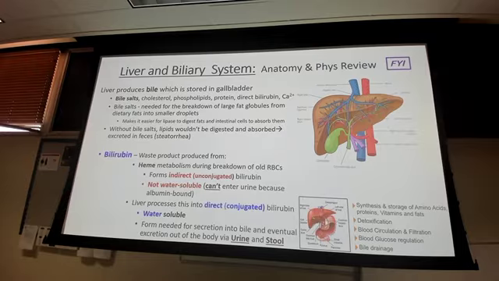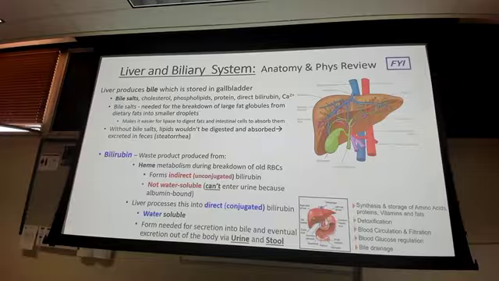Alright, so the liver. The liver is what's responsible for making the bile, right? Bile is what we need in order for us to absorb fat, essentially. In the bile, you have a lot of things in there, right? The most important thing you have in there is called bile salts. These bile salts, when they're released from the bile, go to our small intestine, and then we eat something, fat or some type of fat. That bile needs to break down those large fat globules in order for lipase, which comes from the pancreas, to